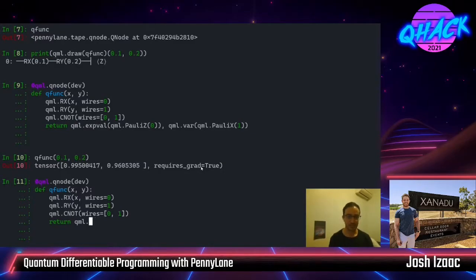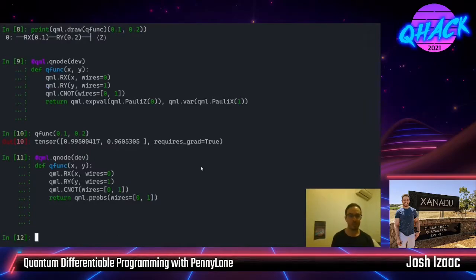So here's the same variational circuit from above, the same QNode from above. This time, I'm going to ask for the probabilities across both Ys. So this will give the full probability of the system. And probabilities are in essence a measurement statistic, so this is something that will produce deterministic output. So executing this,